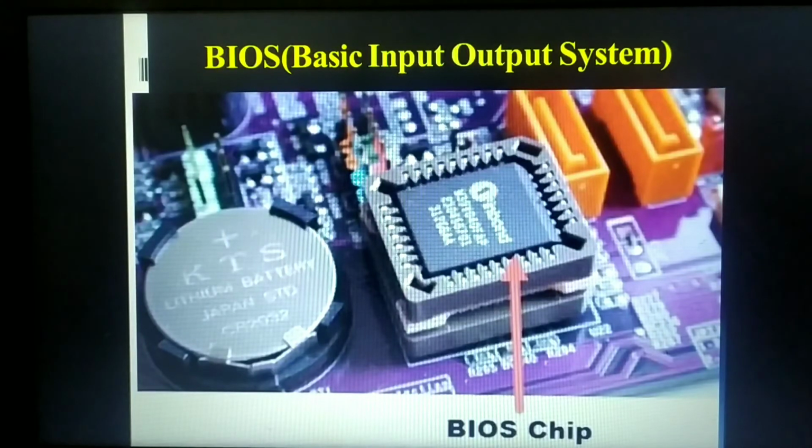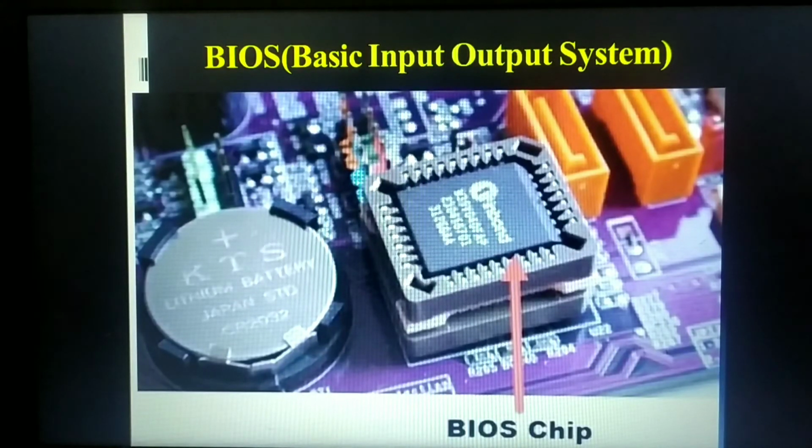Whenever you switch on the computer system, this BIOS chip will load the operating system into the memory, as well as run one test known as the POST test. That POST test will send instructions to the hardware devices in order to activate them, that means to switch them on. Suppose your computer system passes the POST test, then you will hear a beep sound. That means your computer system has passed the self test, and then your computer system will actually start.